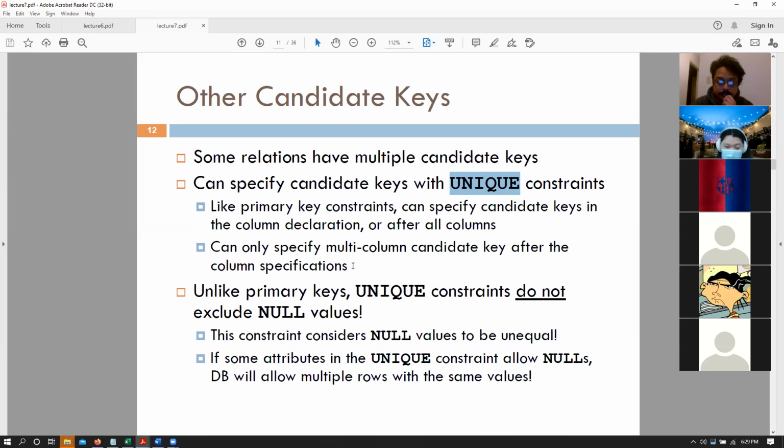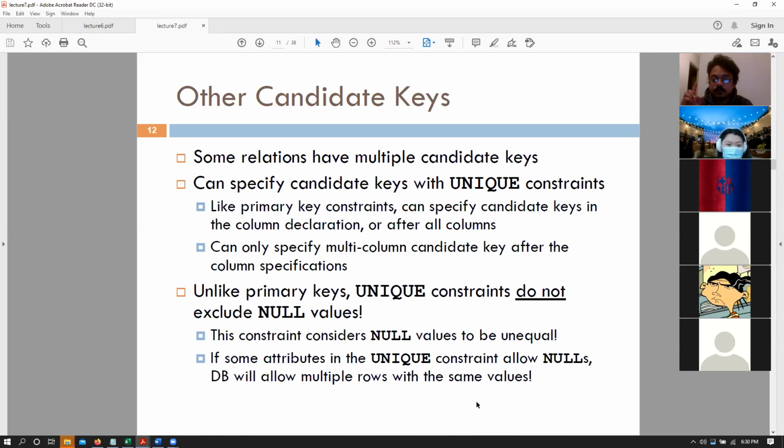So again, the same as that of primary keys, you can only specify multi-column candidate keys after you have made all of your column specifications. Or if it's just a single column candidate key, you can just say it right next to that attribute. However, there is one difference between a unique or a candidate key compared to a primary key.